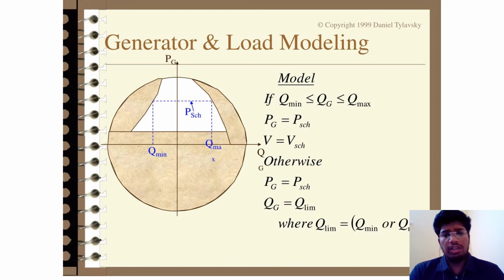Psch, which then changes to Qg equal to Qlim, where Qlim equals Qmin or Qmax. Qlim can be maximum or minimum depending upon the load which is applied at the loading point. This includes the generator while increasing the torque or increasing the generation power of the generator by the load applied at the loading point of the system. Thank you.